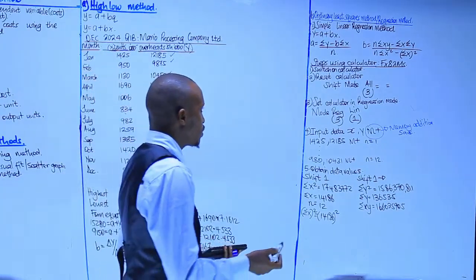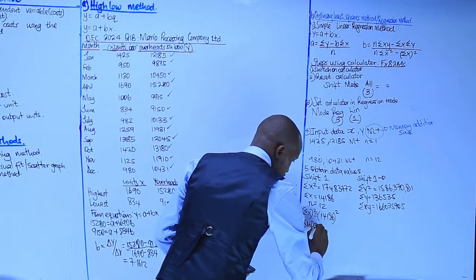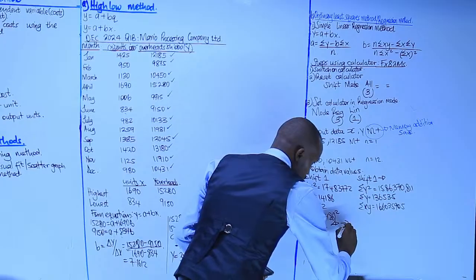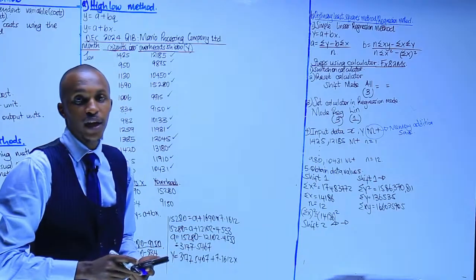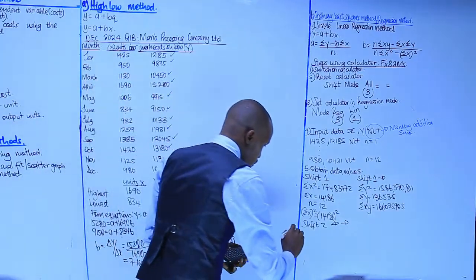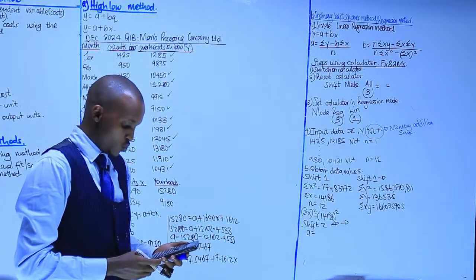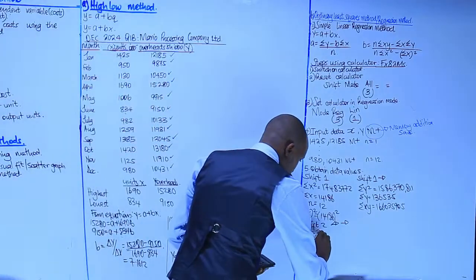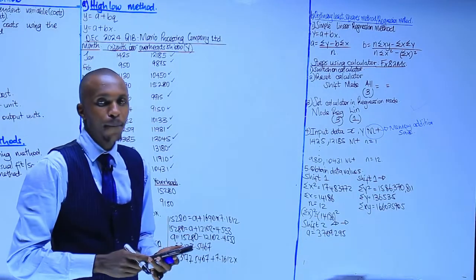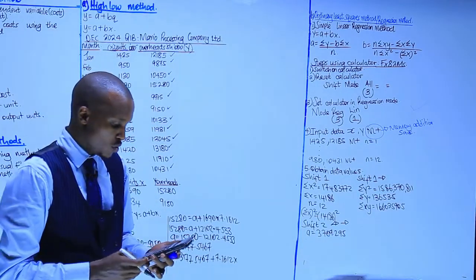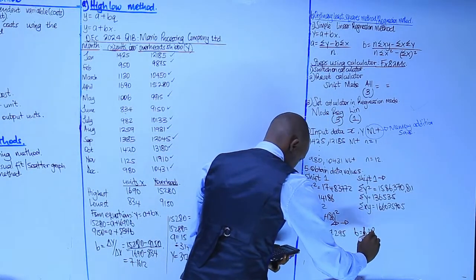Now to obtain our values of a and b, we can simply use what? Shift 2, and we move with the direction key twice to the right, starting with a. You're going to press the number below that, which is 1, then equals 3709.295. Shift 2. B, the number below that is 2, so press 2, then equals 6.48